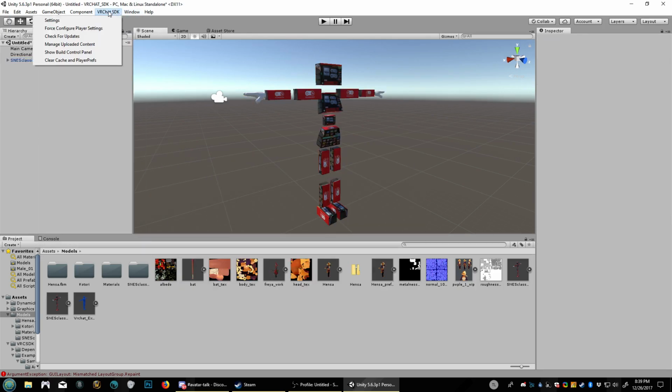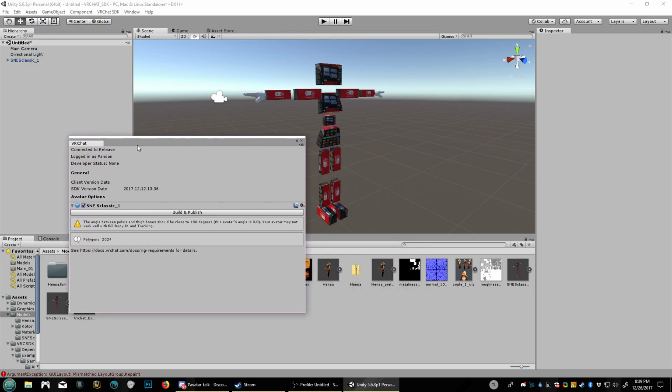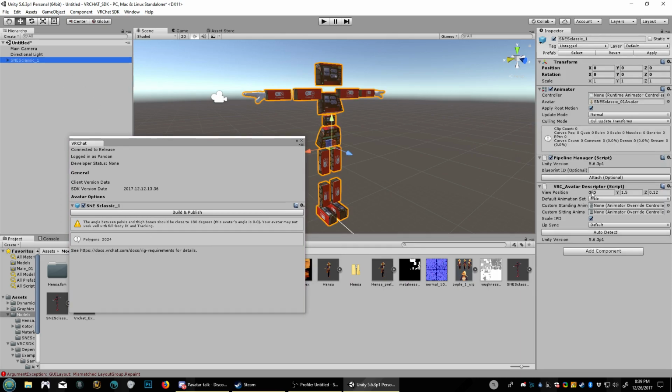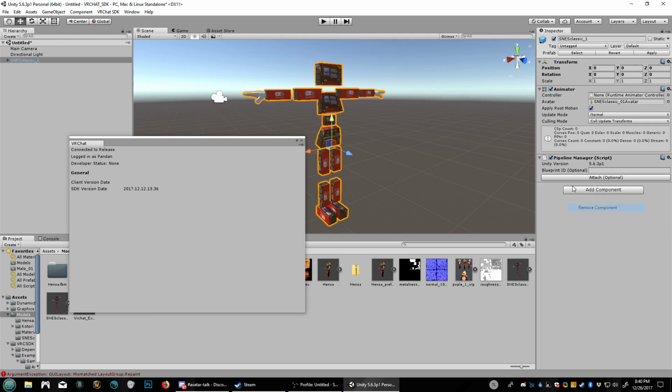the top here and go to VRChat SDK, Show Build Control Panel, and here it is. If you have your avatar enabled with this descriptor on it, in the pipeline manager on it, you should be able to see a build and publish button here. If you don't, for instance, let's go ahead and remove these. For some reason, if your artist didn't include that stuff, you should be able to just do, on your avatar,